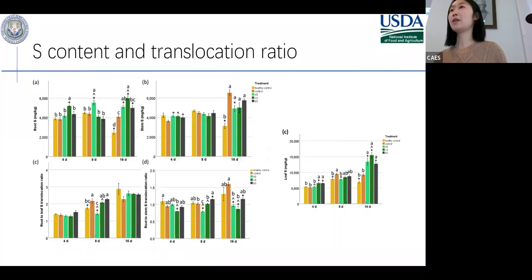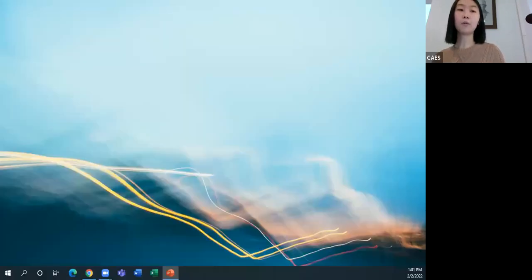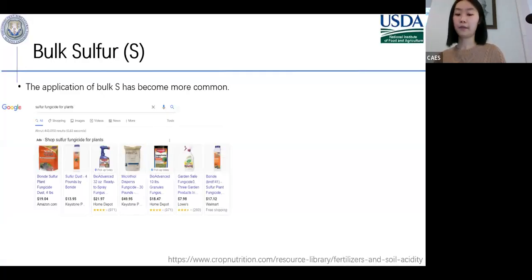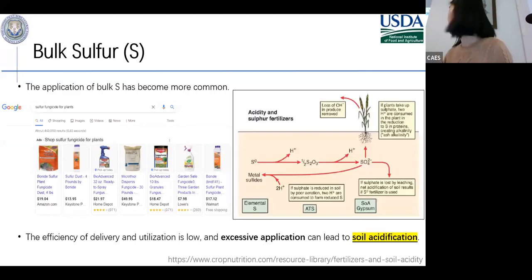But to understand more of the mechanism, to confirm our hypothesis, we still need to design more studies to demonstrate the pathway. But from right now, what we understand here is that